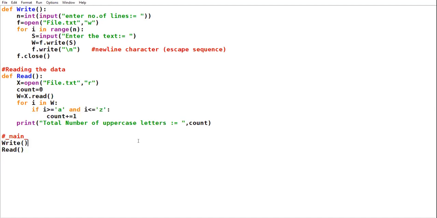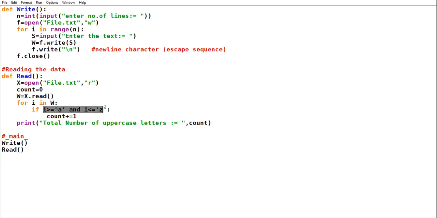Now, I want to count vowels. I want to count the total number of vowels in the string. How many vowels are there in my data? Lowercase vowels are A, E, I, O, U. Okay.